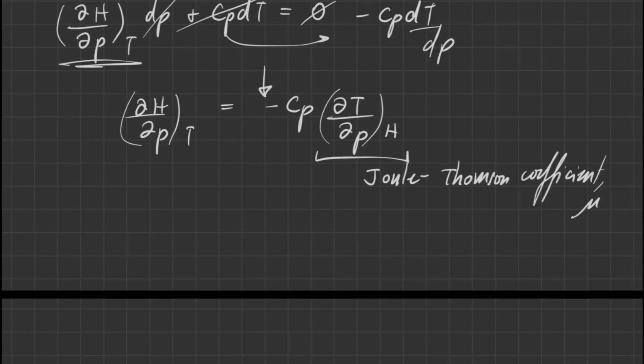So the partial derivative of T with respect to P at constant enthalpy is the Joule-Thomson coefficient,